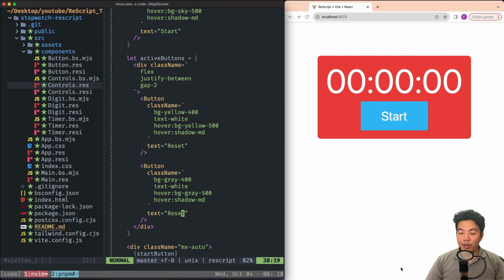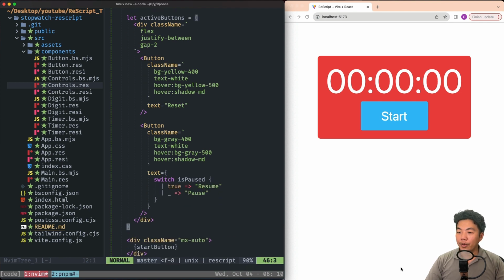Don't forget that we can use regular Rescript code in our JSX. For now, let's make isPause true.